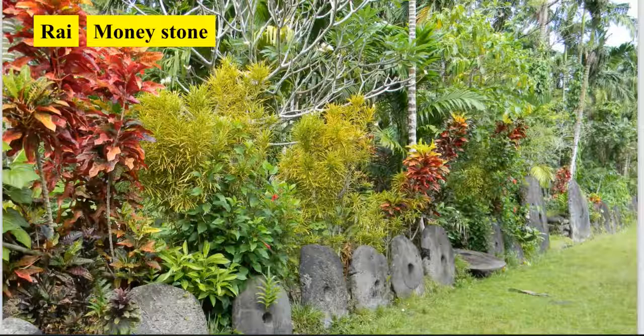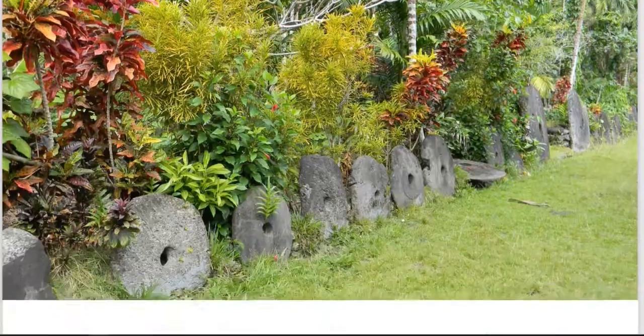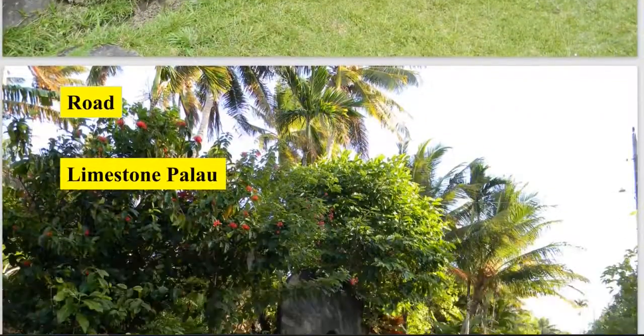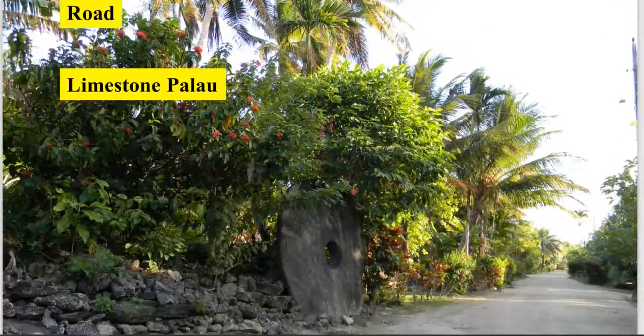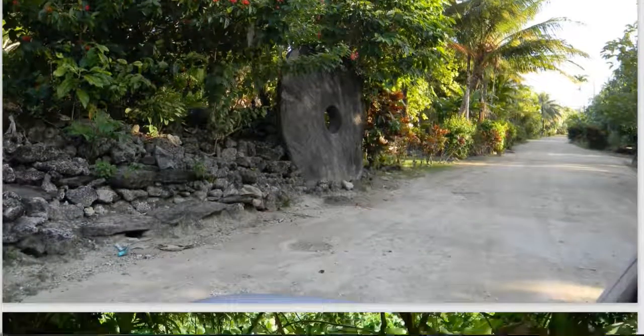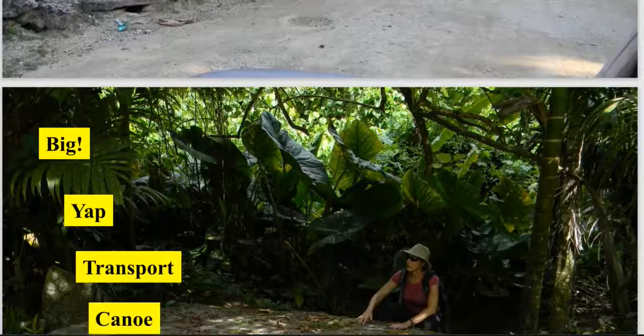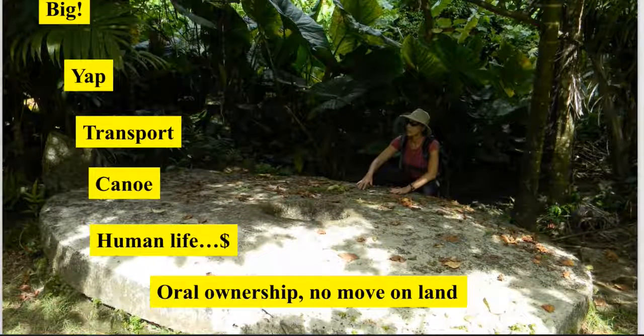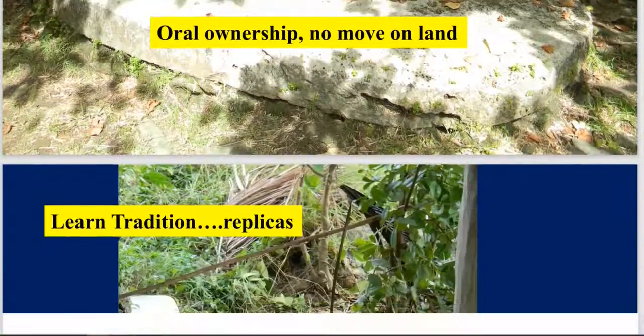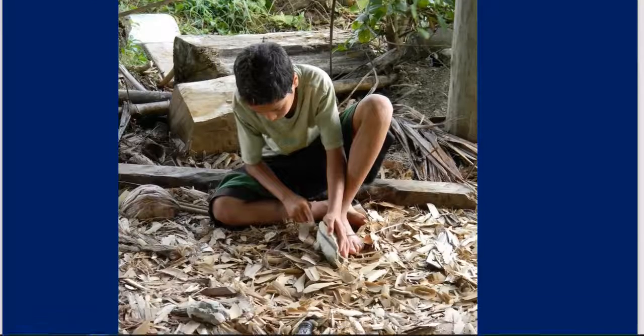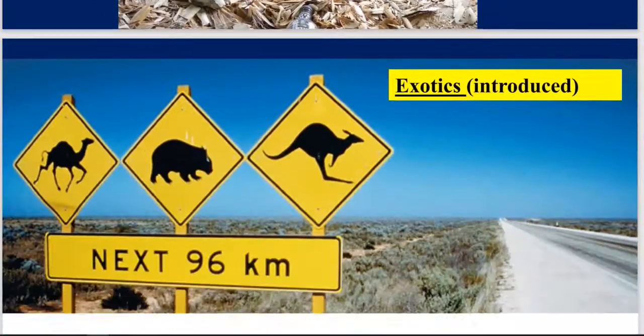Those big round stones called, they're on Yap. Okay? Yap and money stone go together. And there's limestone in Palau, which is a big island. It's a big resource for limestone, which actually makes the money stone. Yap is the island that has huge pieces of money stone. I don't know if that's helpful or not. And then, of course, the traditions are built around the money stone.